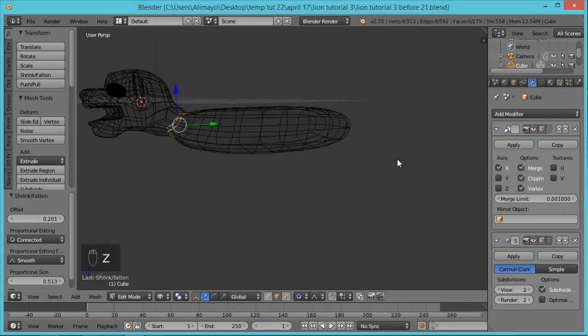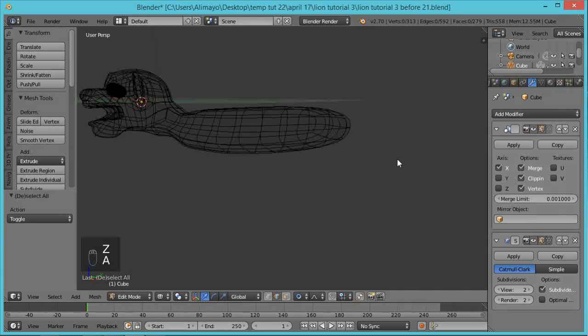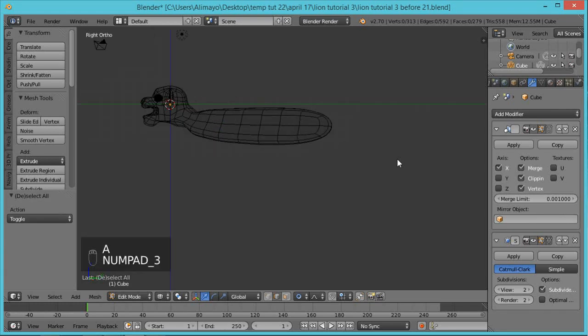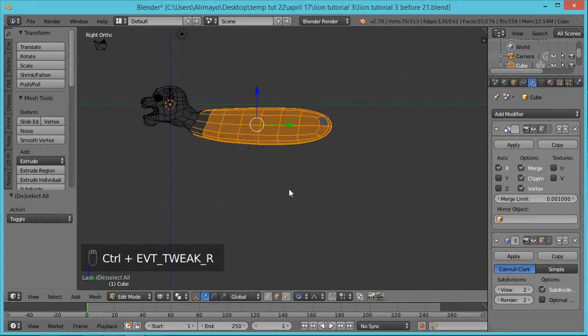Okay, we're going to hit Z. The body's actually too small. We're going to hit A. Easy fixable. Going to hit 3 on the number keypad, hold Alt, grab around the body again. We're going to hit the